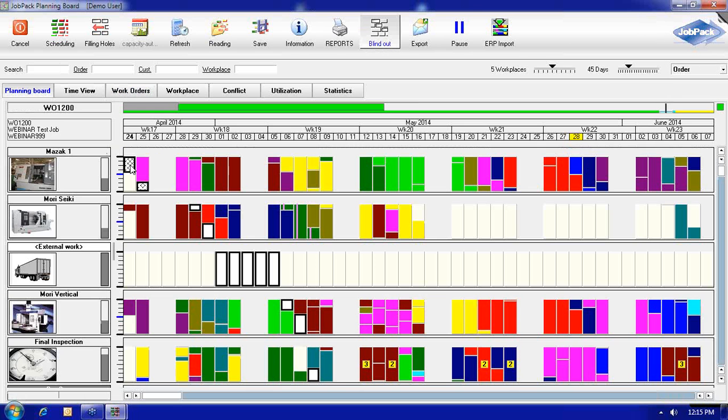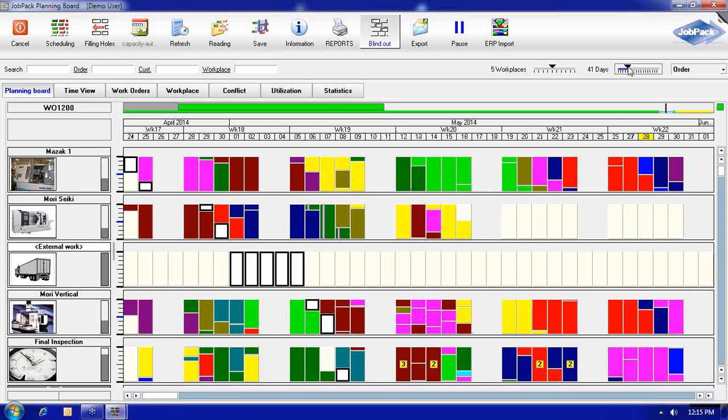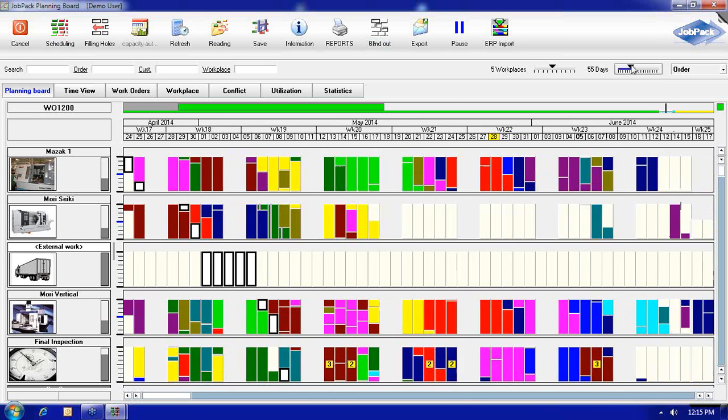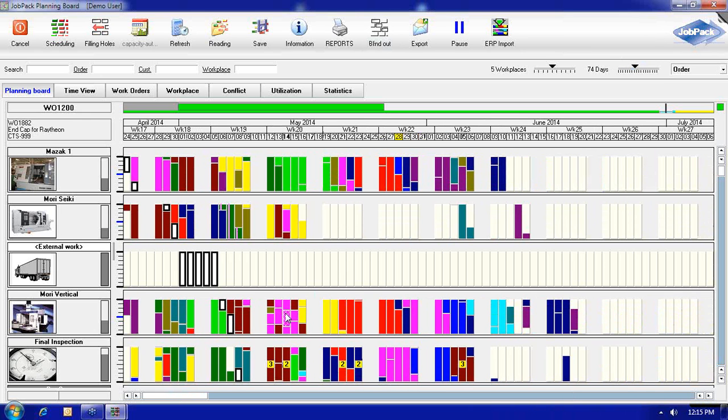I'm also able on the planning board to add in additional hours. So if I look at a particular machine, we'll use this one, this Mori Vertical, I can see that we're booked out until the 19th of June, so it's got a lot of work booked on it and we're only working 8 hours a day. So just on the fly I can say, well, we'll start from the 5th of May and we'll go out until Friday the 6th of June, and we'll work for 12 hours a day. So we'll work an additional shift